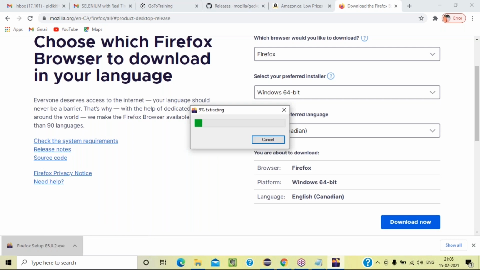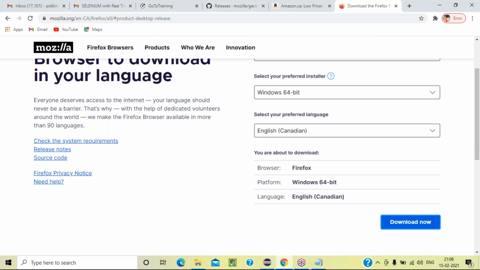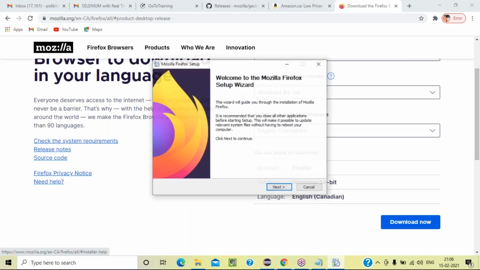It will take 2 minutes. So without Firefox, we cannot launch. Make sure that you install Firefox. Yeah, I'm sorry, I'm completely from a non-IT background. No, any problem. See, this is what we are learning. Even we also did the same thing in our starting years. See, that's not a problem.